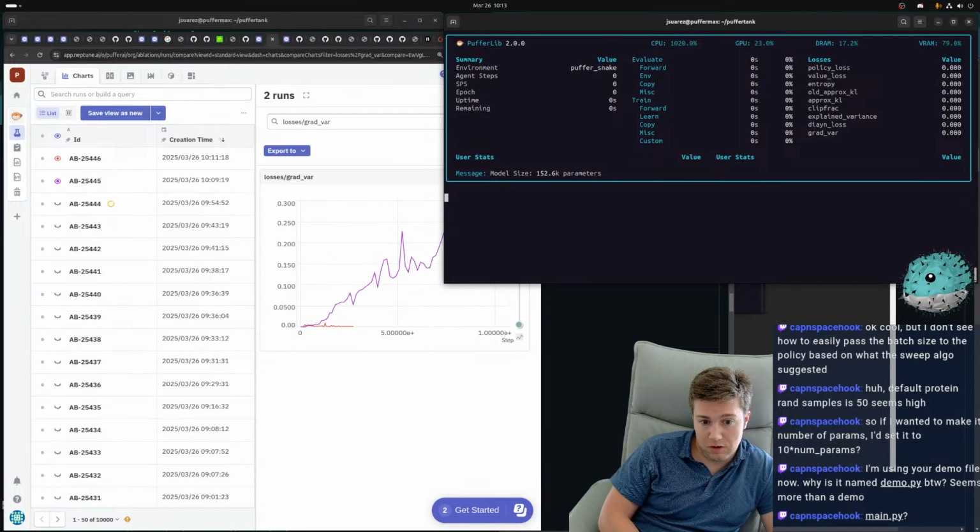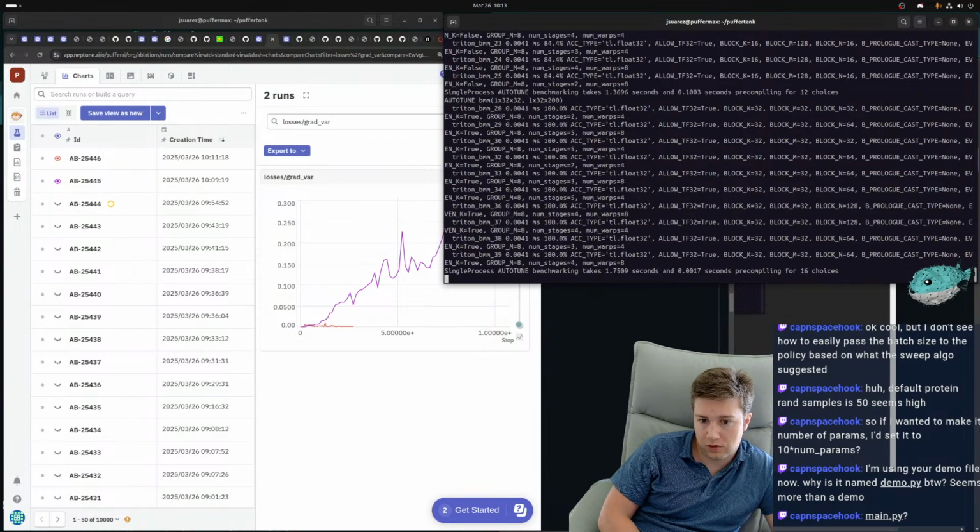And then we try Neural MMO, and the question is going to be if gradient variance lines up with a rough perception of difficulty.